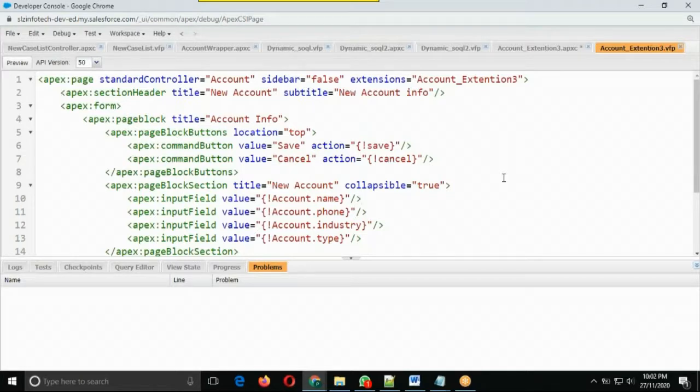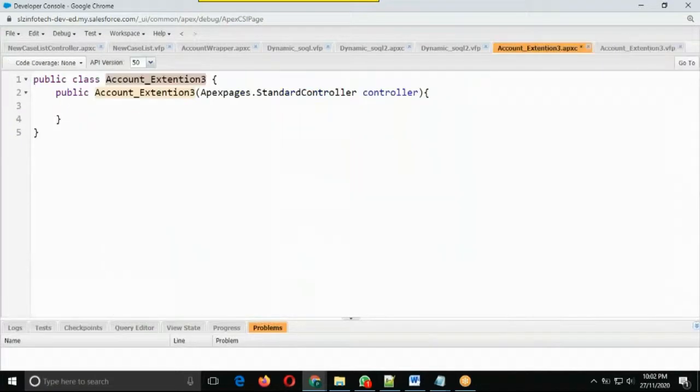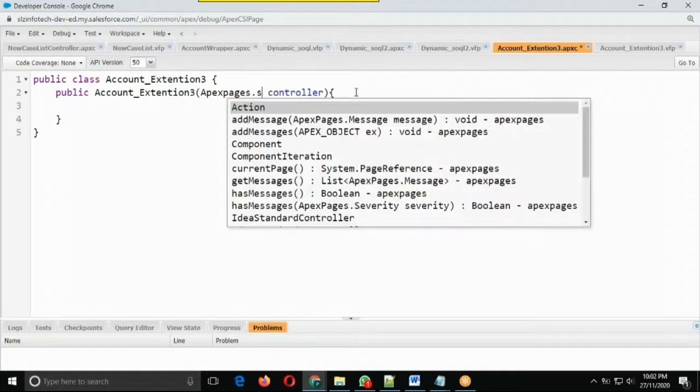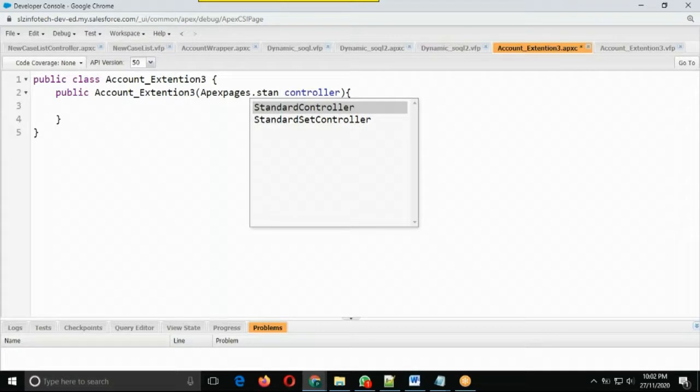Sir, just once open the Apex class. One minute. Remember, if you are using the controller as an extension, the constructor should have this parameter. If you are referring to one record, okay. If you are referring to more than one record, then we use the standard set controller.